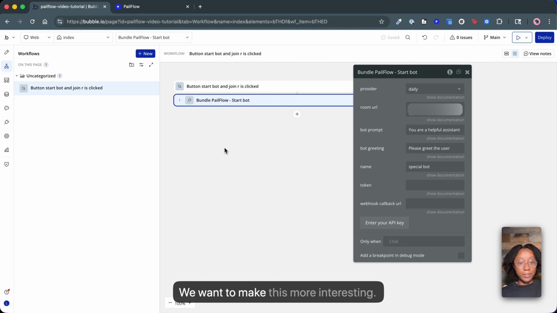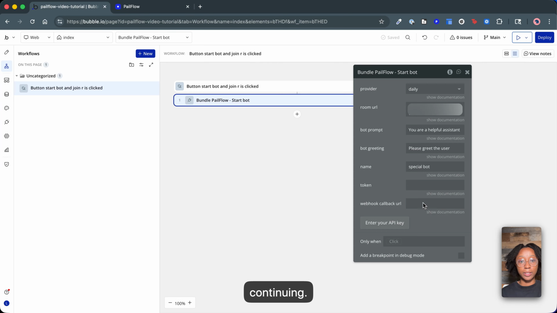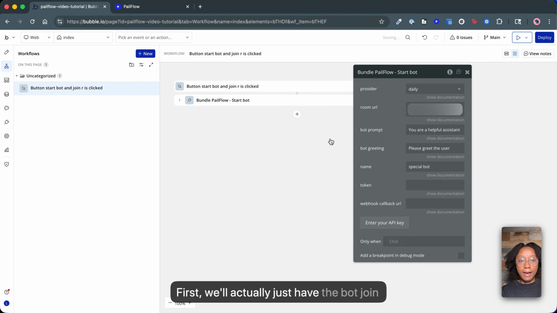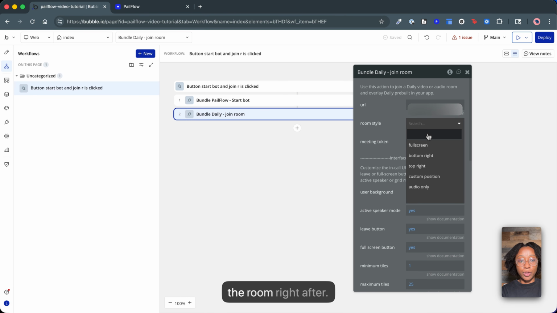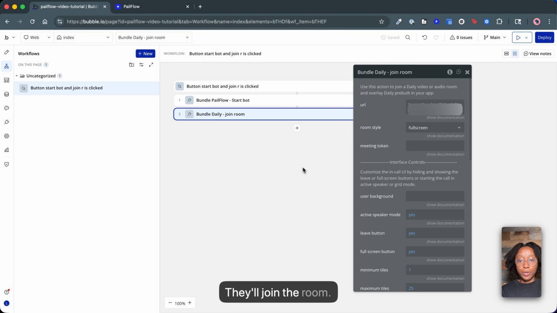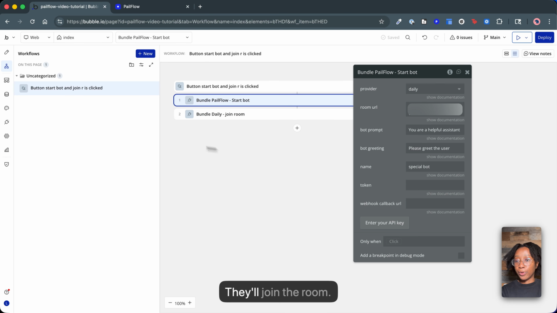But we want to make this more interesting. So instead of just having it join the call, we also want to be able to save the transcript. So let's work on this webhook piece before continuing. Well, first, we'll actually just have the bot join the room right after. So they'll join the room, we'll start the bot, they'll join the room, and now let's go and work on